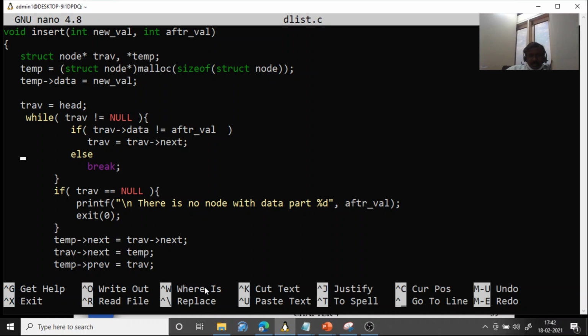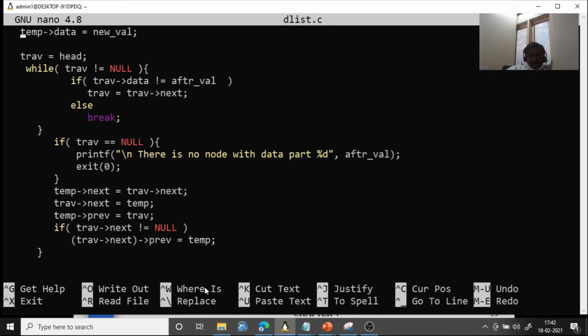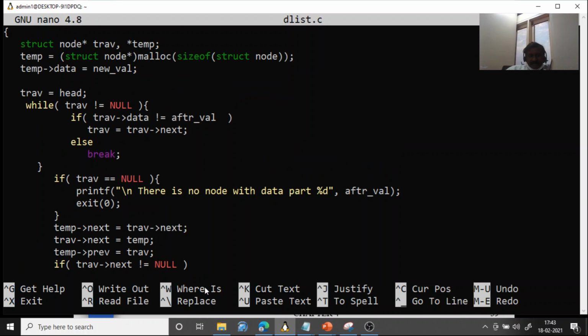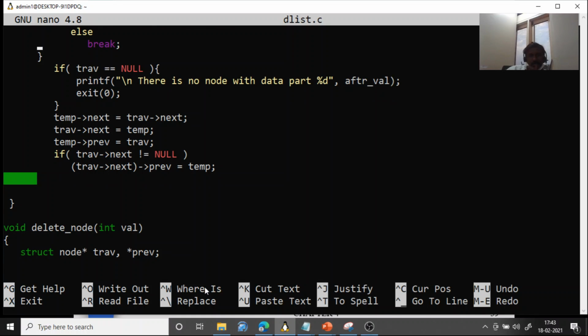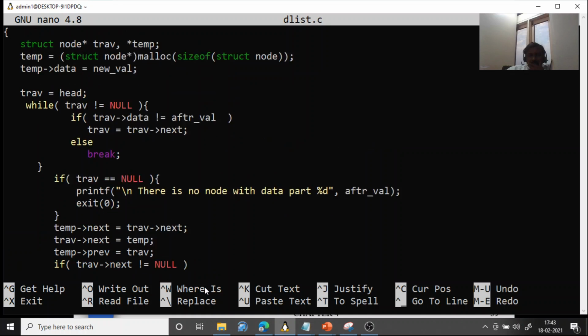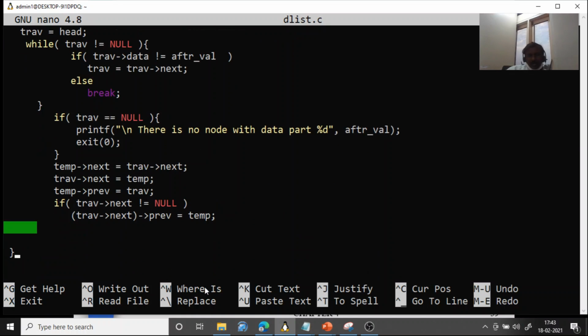So this is the end of while. This is if. I think this is not required. And here also this statement should come, traverse arrow next equal to temp.